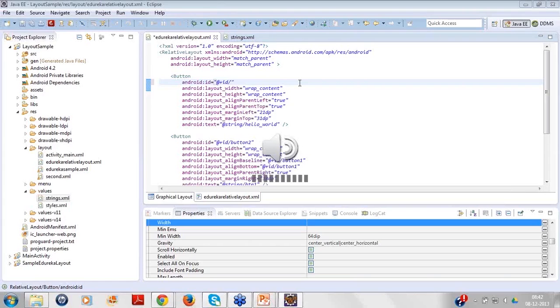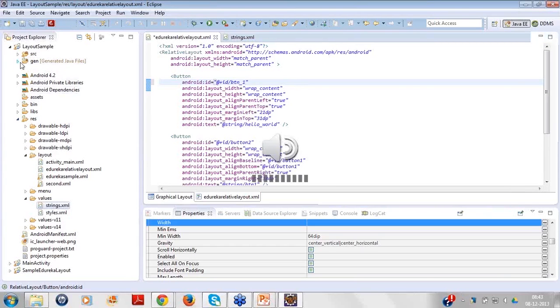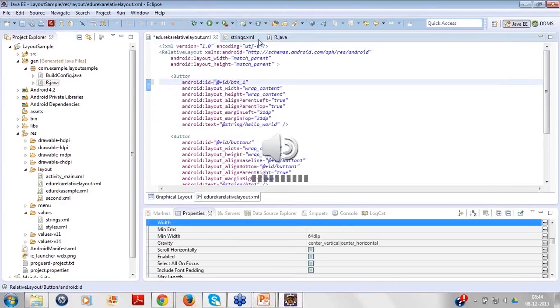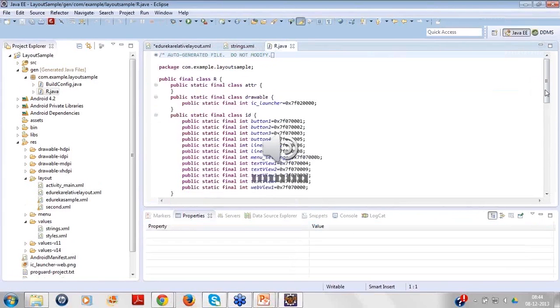So let's say BTN 1. If I give it the name btn_1, I'll quickly open the R.java file for you to show how the change happens, so that you have an exact idea what I'm talking about. Guys, I have not saved this file as of now. The star icon is still there. So if I come to this R.java,